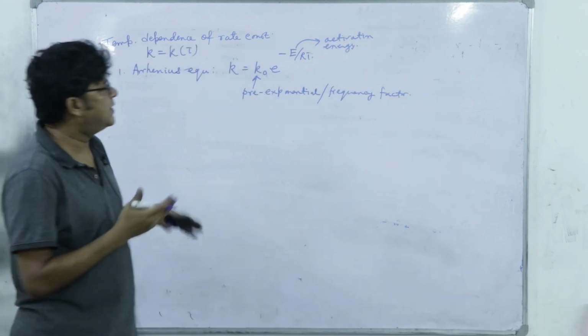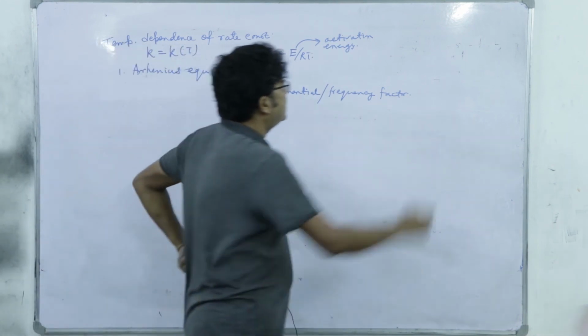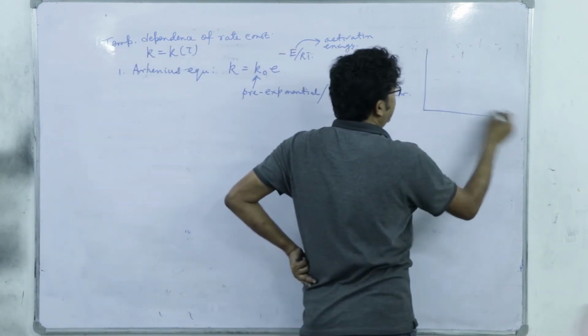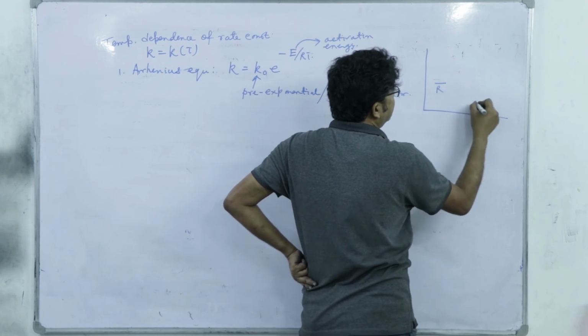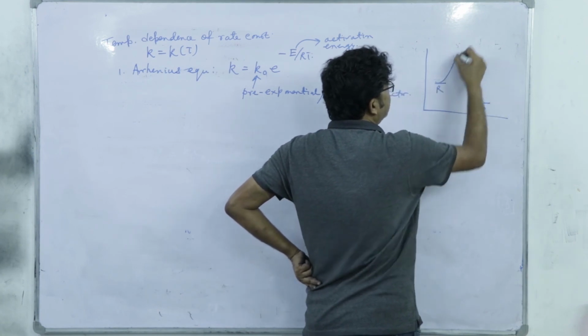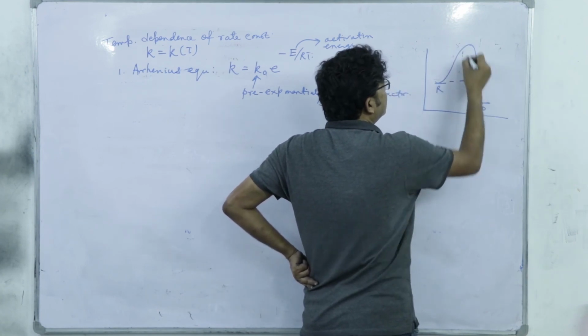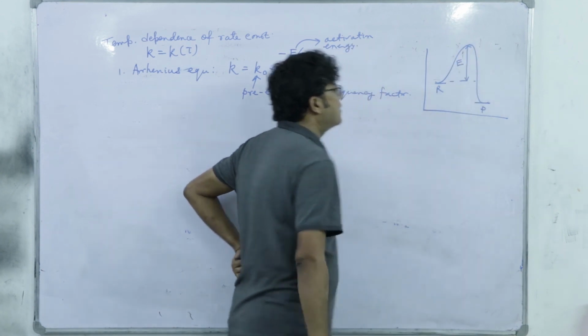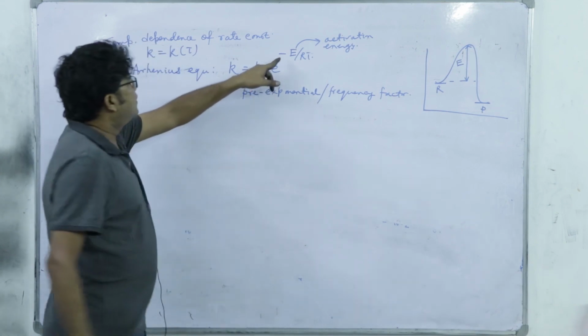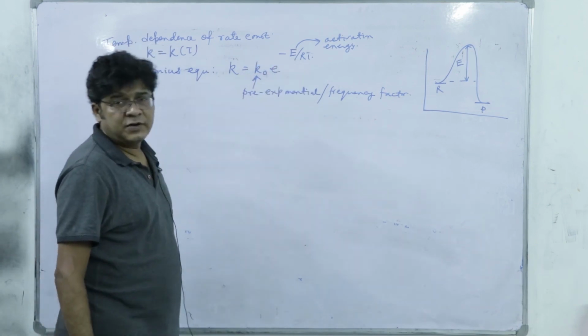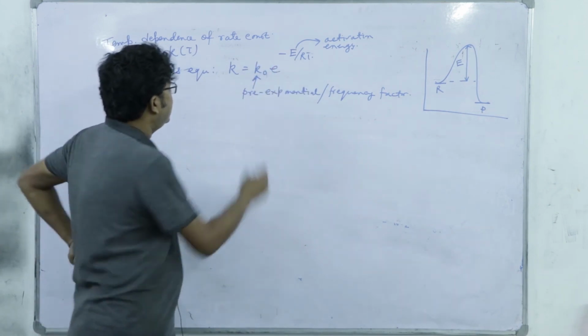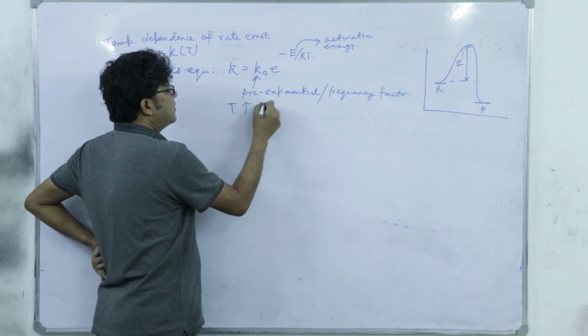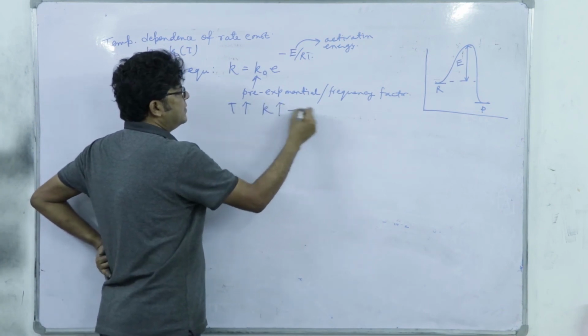Because we know between the reactant and the product there is an energy barrier, and the pathway is something like this. So, this is the activation energy barrier which is to be crossed. As it is minus and the denominator is T, we can understand that with the increase of temperature K also increases, and it is justified